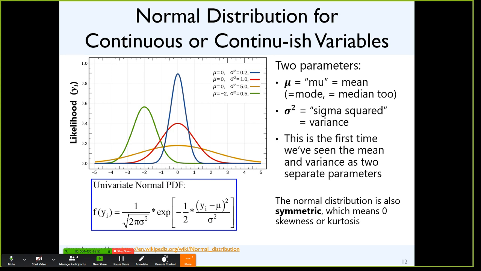But what I want you to know is that this shape is created by two pieces of information, and they're separate. Unlike any of the other pictures where the mean and variance were yoked together, this is one of the few where they're actually two separate pieces of information. So introducing some vocabulary, and by vocabulary I mean notation, ways of writing about these things that are somewhat universal. The mean is almost always written with this U-looking thing here. That's mu.